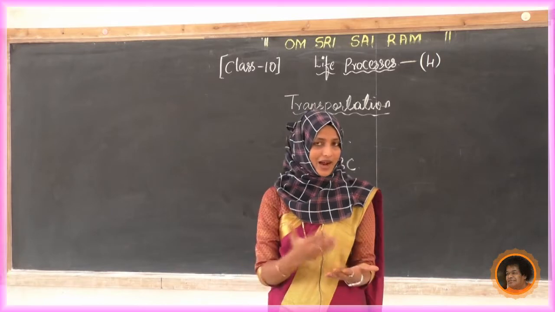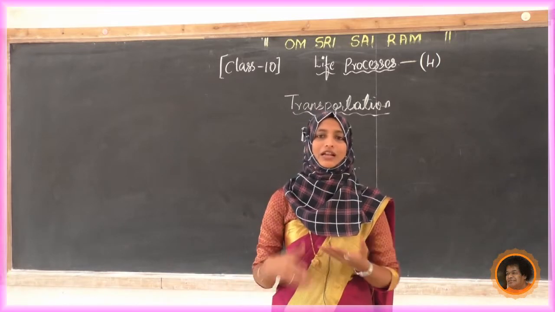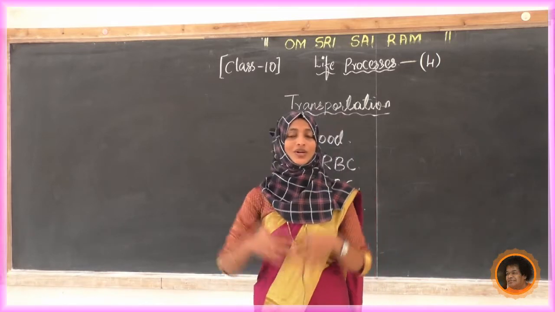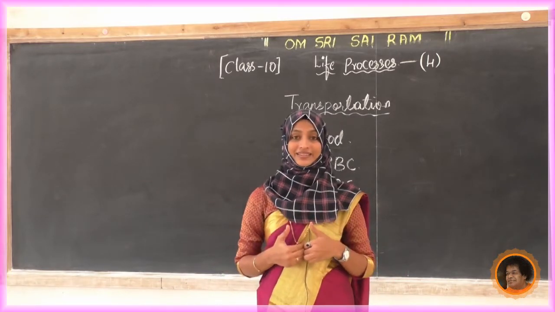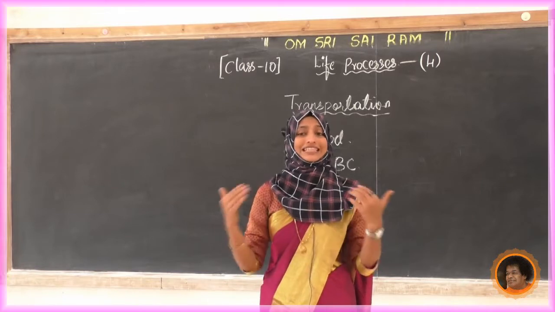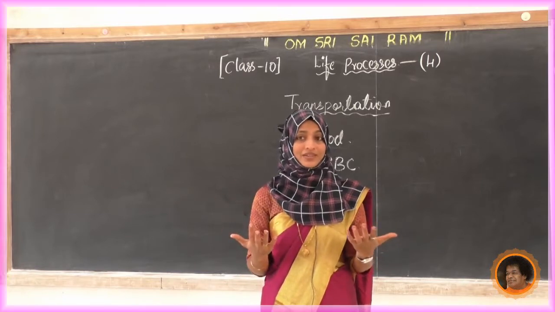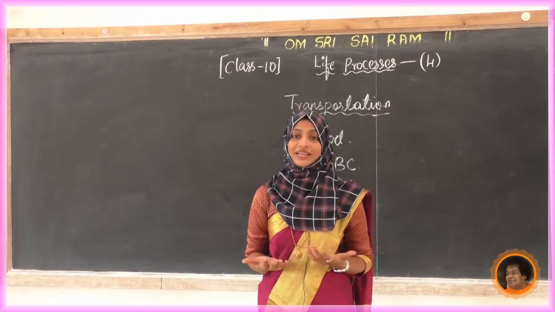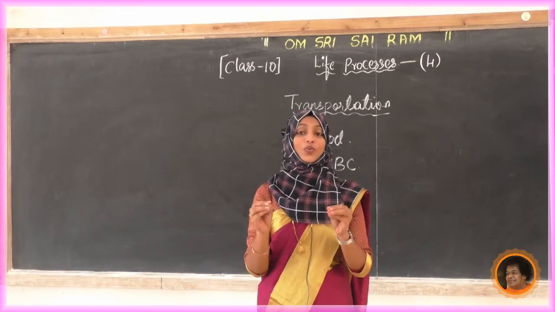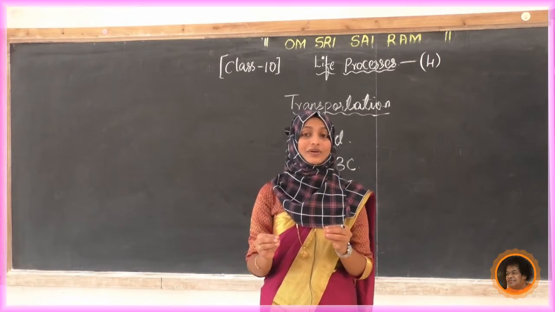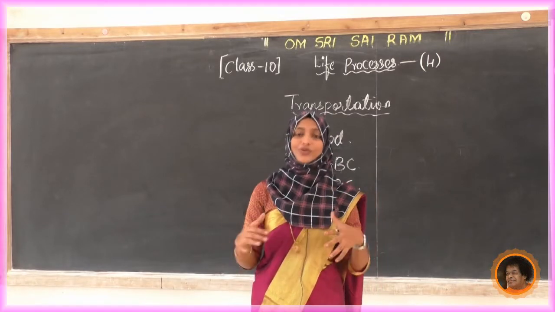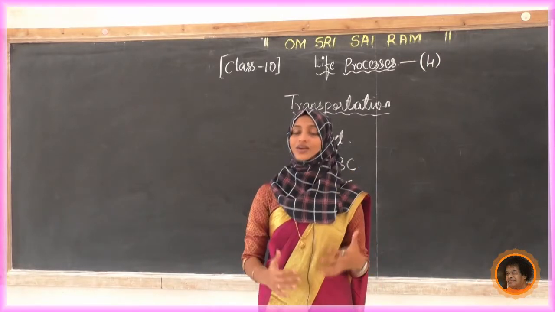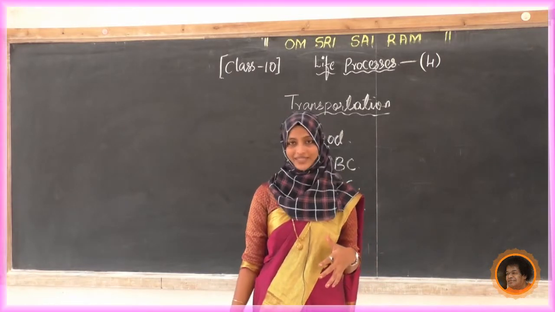See here, outside our body, that is on the skin and all, if there is any bleeding, we can do any plastering or anything. If it is internal bleeding, inside the body, okay, what will happen? Who is going to put the plaster over there? No one is there. So who is going to protect our body? The platelets are going to protect our body. They are going to heal over there. They are going to coagulate the blood.